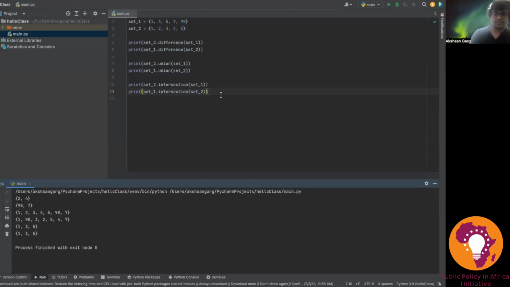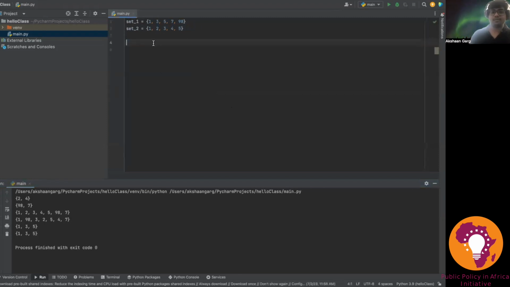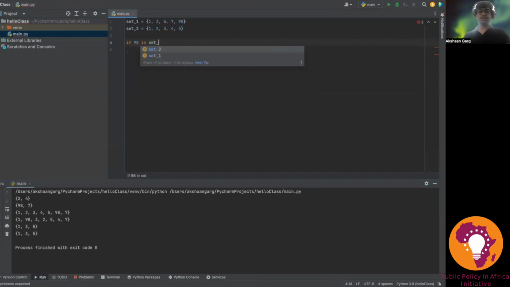So we have two sets, right? So what if I want to check if 98 is in set 2, right? So what I can do is I can say if, this is just what we just learned about. What do we write after if? We write a Boolean statement. So the Boolean statement we want is 98 in set 2